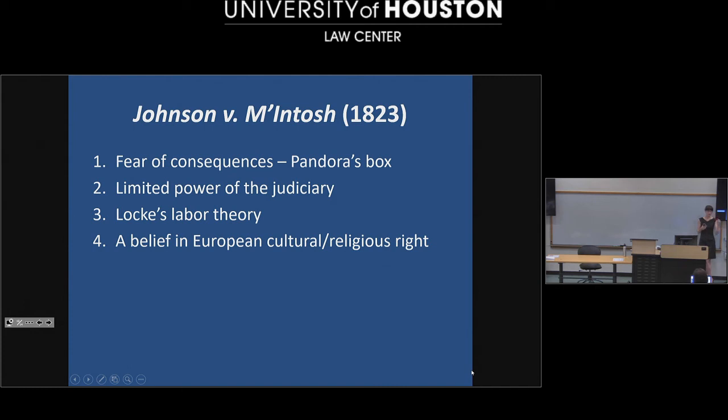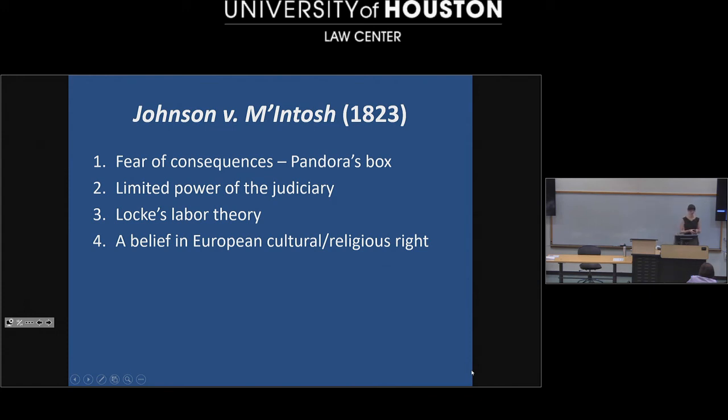One of the justifications for why the Native Americans, even though they were the first to possess the land, weren't the first to do the things that the court at that time required for ownership of the land. One of those things might be all of the description you just gave, and can tie in the labor theory. As well as just the discovery and the labor that the European nations put into the discovery. The court doesn't go into that as much, but obviously a lot of labor was involved in the discovery of these